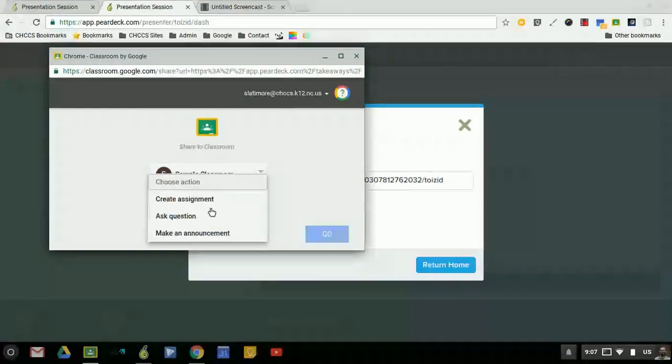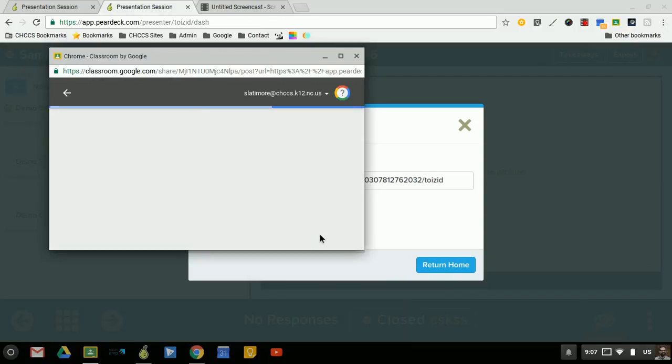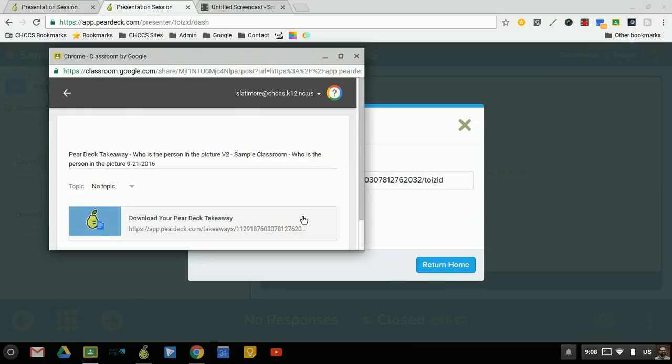And we get to choose an action. And so I'm just going to make an announcement with that. But you could do other things. You could turn that into an assignment to have students elaborate on the presentation that they went through and the answers that they gave. There are a lot of options, but I'm just going to go ahead and do that. And then it will show you that